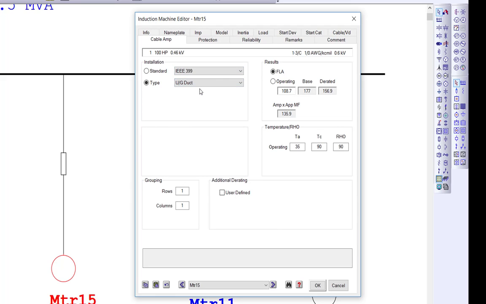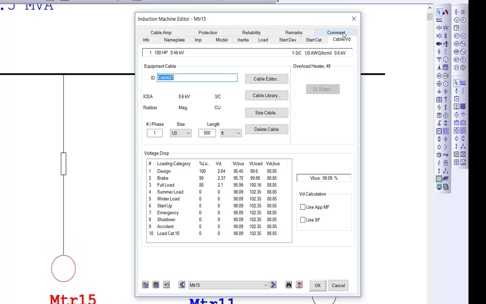But I like to go to the ampacity page, and let's say I'm going to be putting this in an underground duct bank, 3 rows, 5 columns, and you can see that the full load amp of the machine is 108, but my derated ampacity is 81.6. So this tells me I have a problem with the current of this cable. So 1 aught produces up to 2.6% voltage drop. So I'm going to go to a 4 aught,